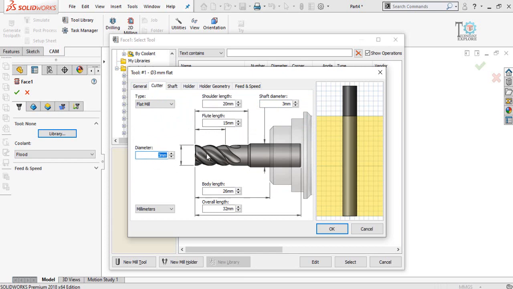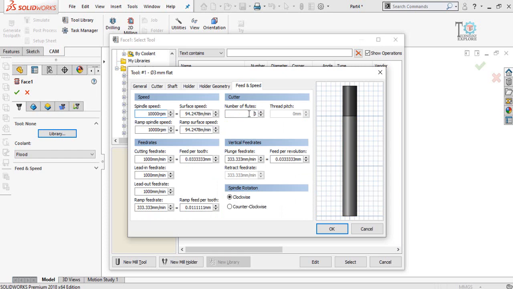This is called flute. So we have to define the quantity or number of flutes, and it is 4. Then feed rate. This cutting feed rate also depends on the specification of your CNC machine. For mine, it's a very small CNC machine, so I'm going to select 300 millimeters per minute.